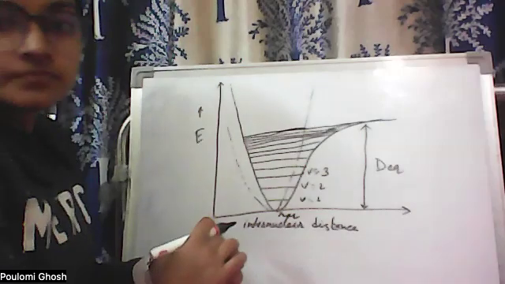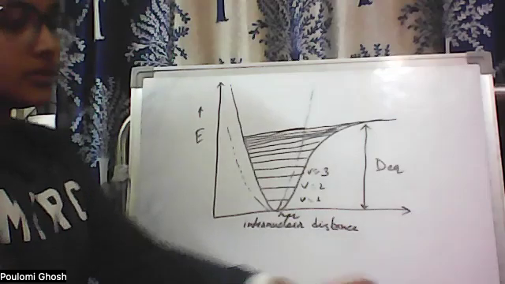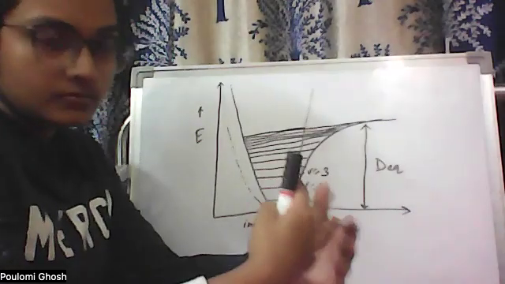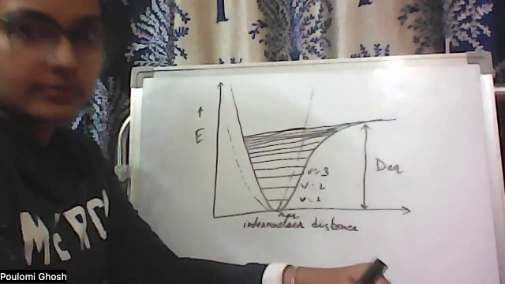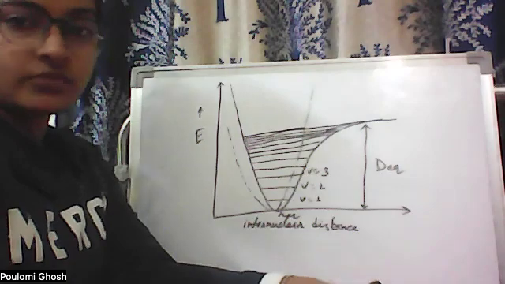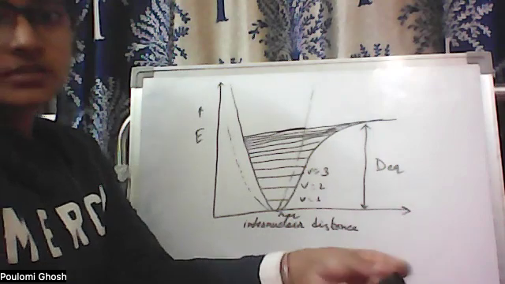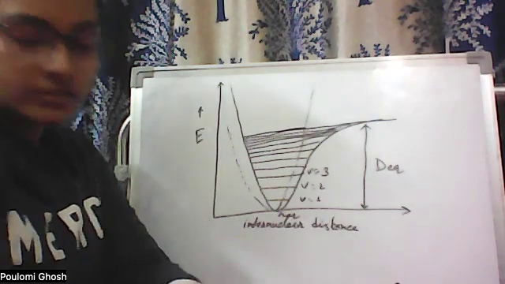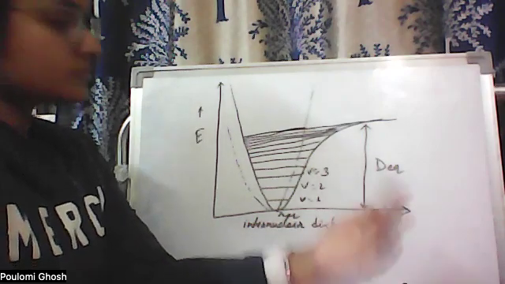What is hot band? Explain what is hot band. Sir, hot band is usually, if we see the population of the vibrational level with respect to the ground state, the population in the first excited state is very less. But at a high temperature, we can see the population in the first excited state is quite higher with respect to the ground state. So in that case, if we provide